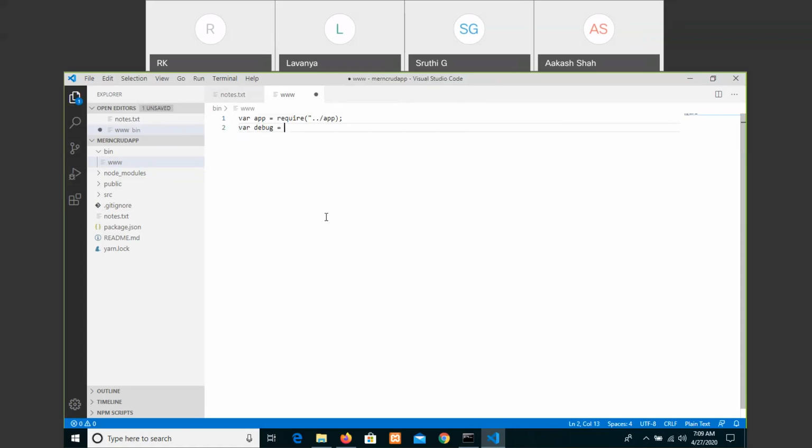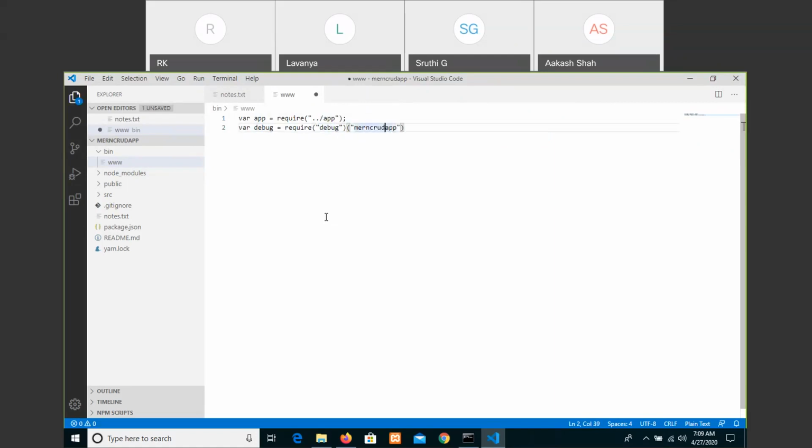var debug equals require debug, and whatever the Mern CRUD.